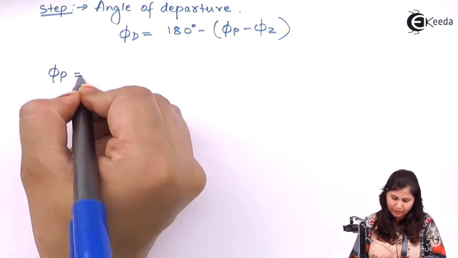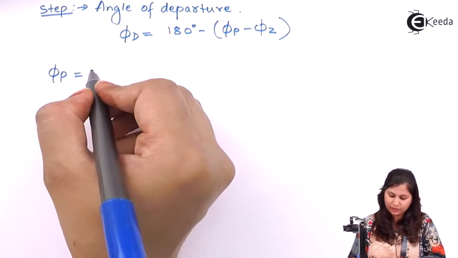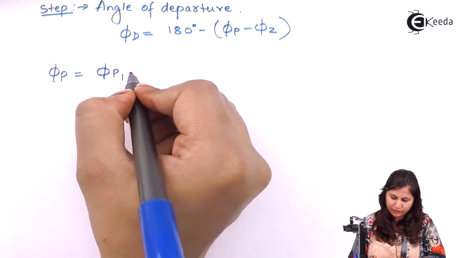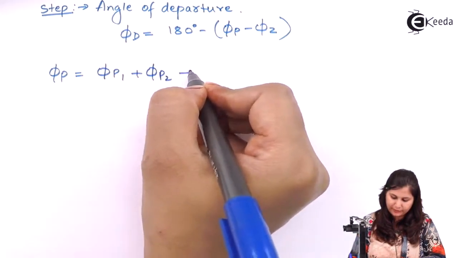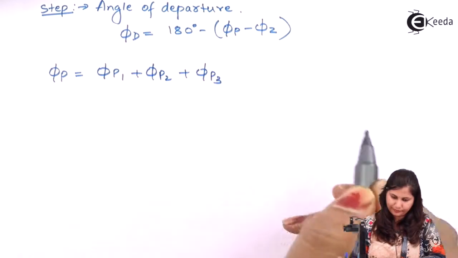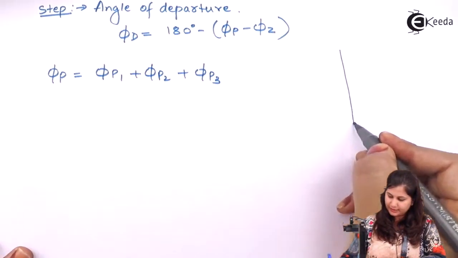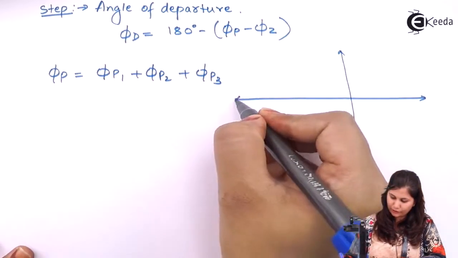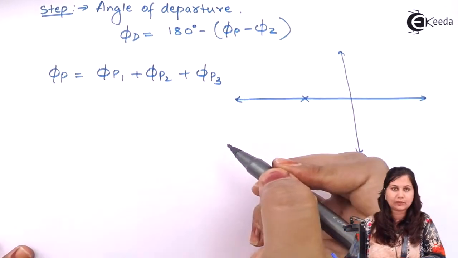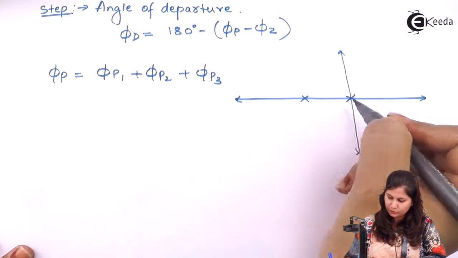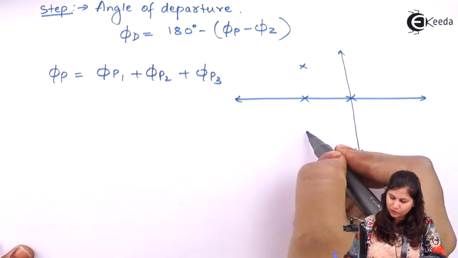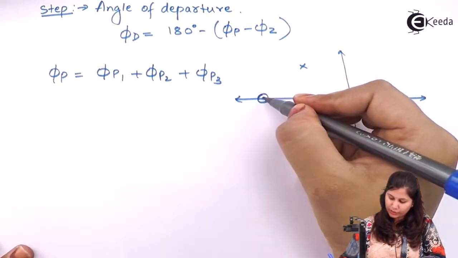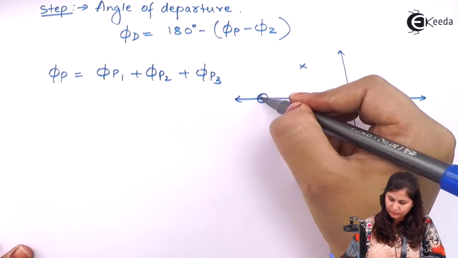we have four poles here. So for the first pole, we will be having phi p1 plus phi p2 plus phi p3. Now let's again take the location of these poles. We were having s equals -1, s equals 0, -1 plus j, -1 minus j, and then we have a 0. So the angle can be found out by